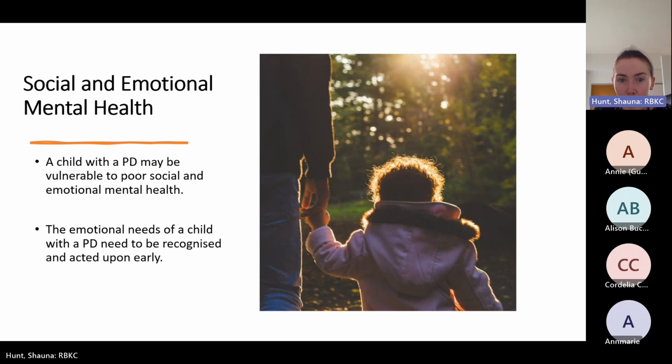They might show this in a variety of ways. They might withdraw, they might have changes in their appetite, or a lack of interest in school or their performance. They don't really care. So just be aware of this possibility and try to closely monitor it and the impact on the child. And if you are observing these behaviors over a long period of time, it would be worth discussing with the parents the possibility of seeking professional advice.